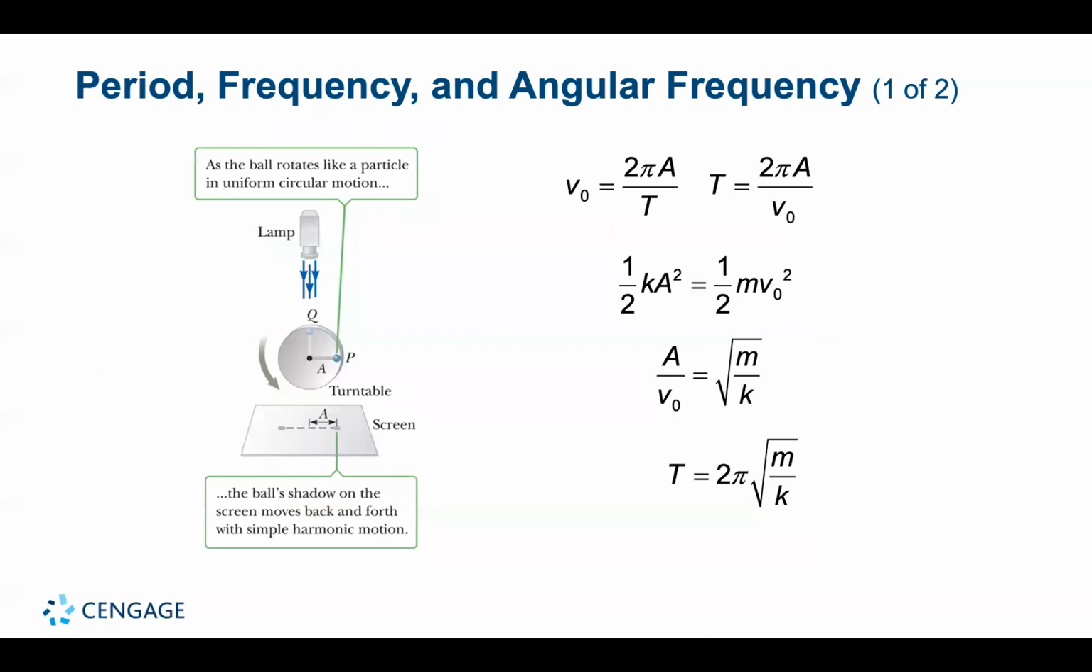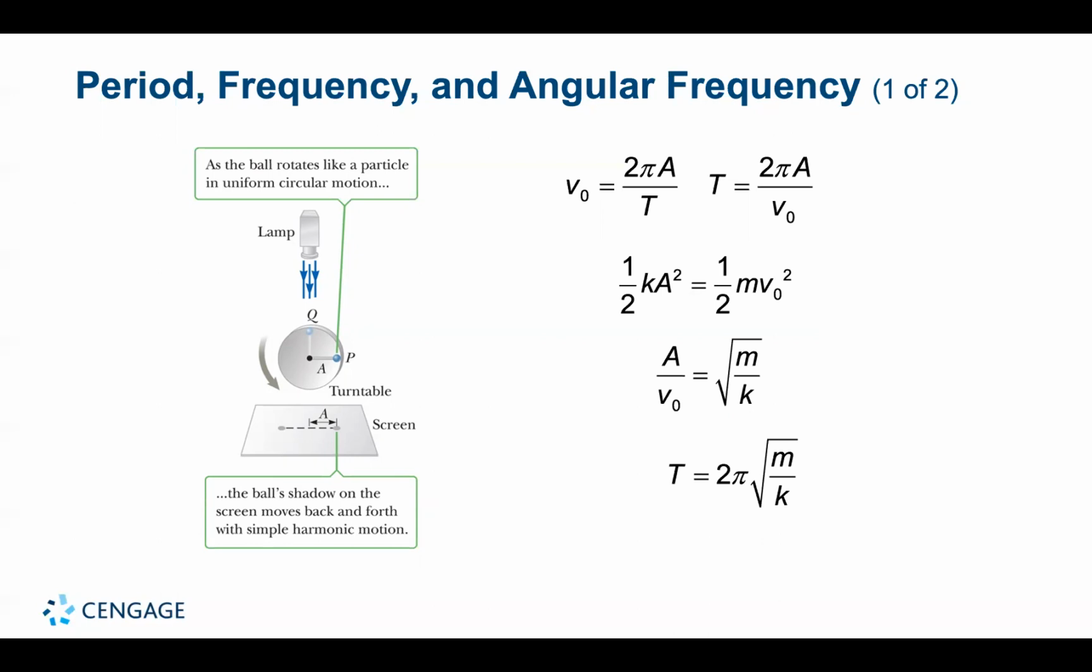So now let's talk about period, frequency, and angular frequency. The period T of the shadow in this figure from before, which represents the time required for one complete trip back and forth, is also the time it takes the ball to make one complete circular trip on the turntable. Because the ball moves through a distance equal to the circumference of the circle, 2πr, in the time T, the speed v0 of the ball around the circular path is shown here,